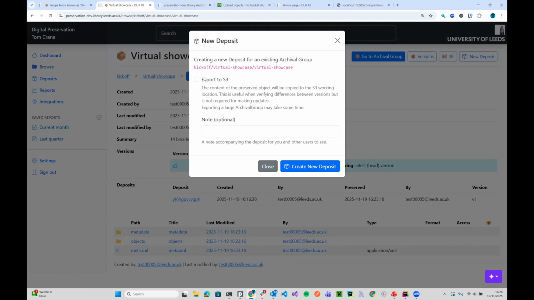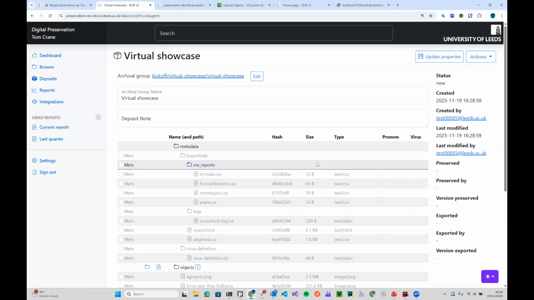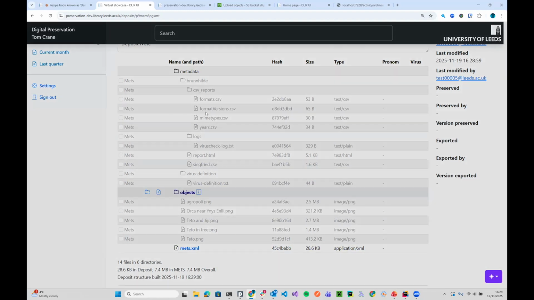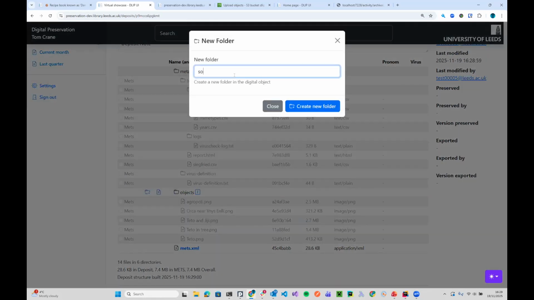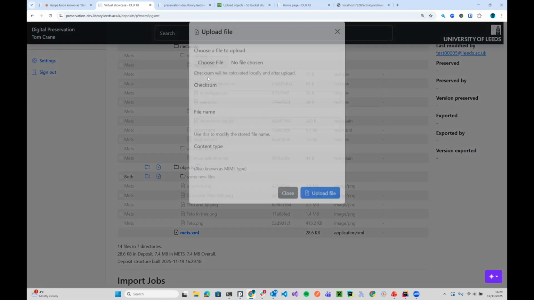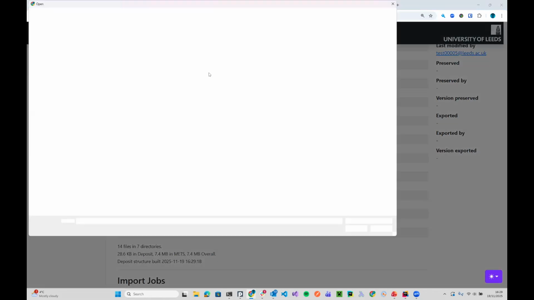It's like, actually, I don't need to export the stuff. I might want to get the files out, but I don't actually need to in this case. So I can just create a new deposit. And that kind of gives me these ghostly representations of what's in there, because it's using the model in the METS to say, well, this is actually the contents. But if I want to add some more files, actually, just make a little child folder in here. So I could just add a few more pictures into the,